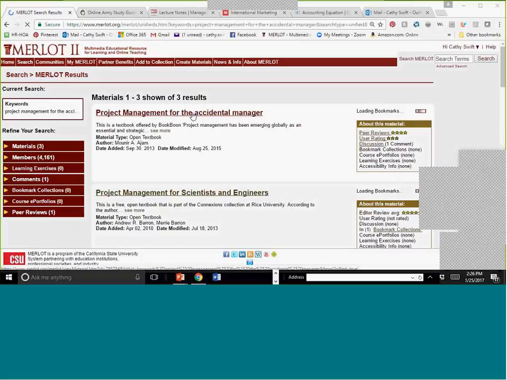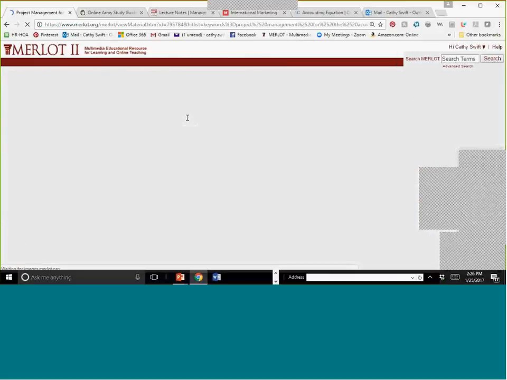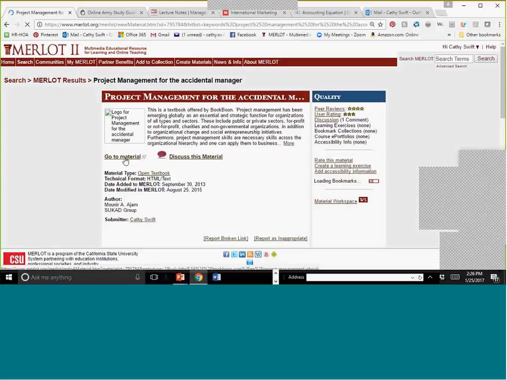Now, does this have a peer review? Let's go to it. It's an open textbook. I thought that would be a good example of some of the open or free textbooks that we receive.